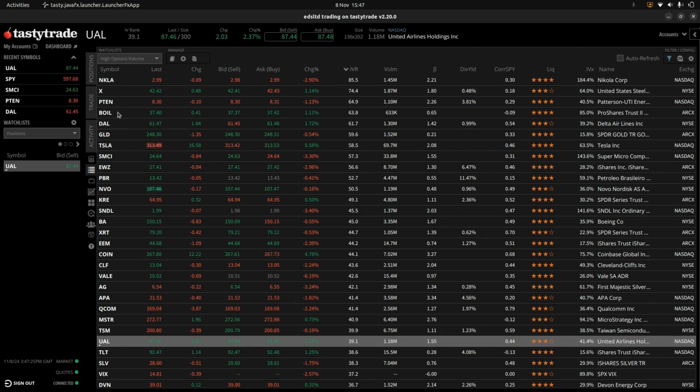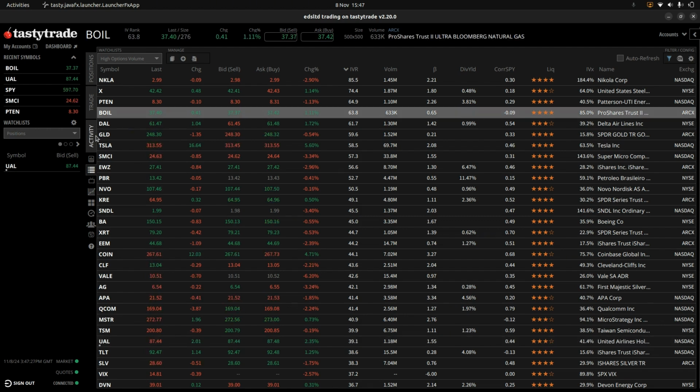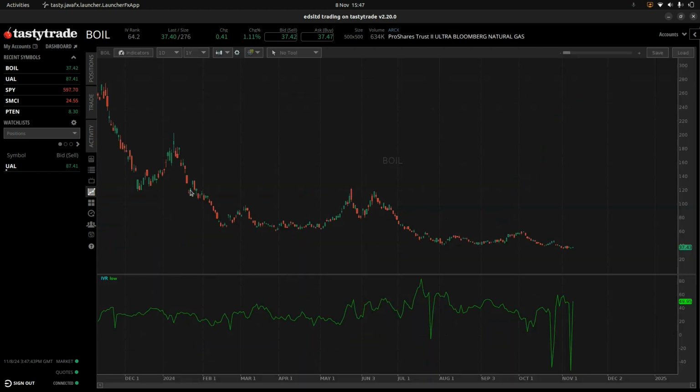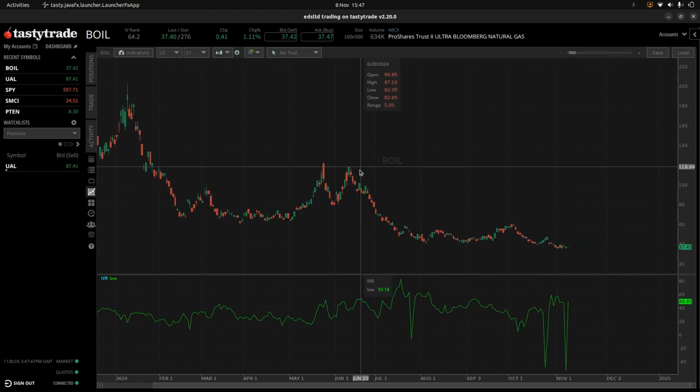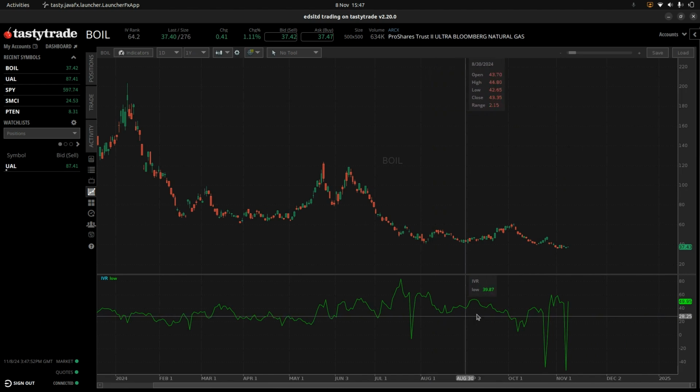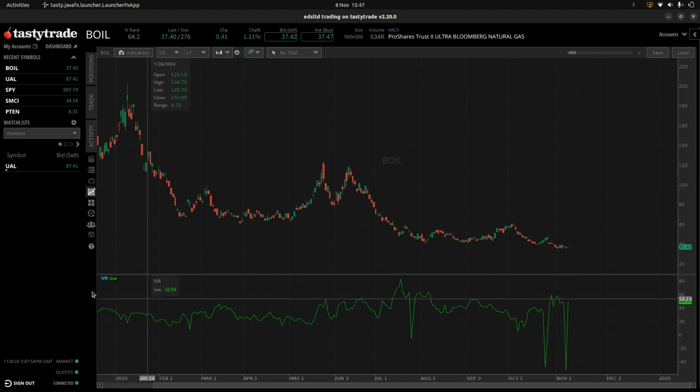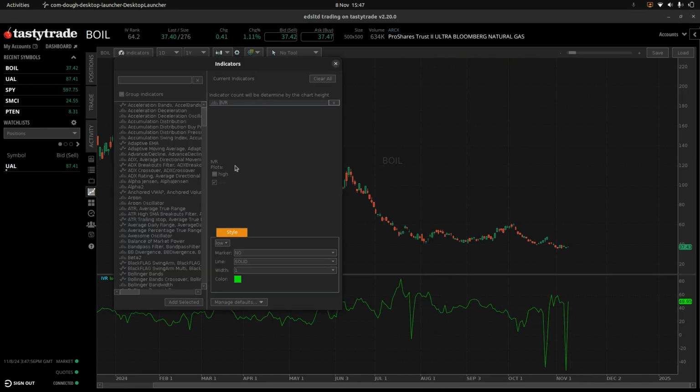So the first thing that pops to mind is BOIL, which is Ultra Bloomberg Natural Gas, as it says up here. It's currently trading at $37.40. It's got a nice IV rank of 63.8, and it has an absolute IV level of 85%. So if you just pull up the chart here for BOIL, as we can see, IV has been pretty elevated all throughout. We've had a few dips here. If we bring back the highs